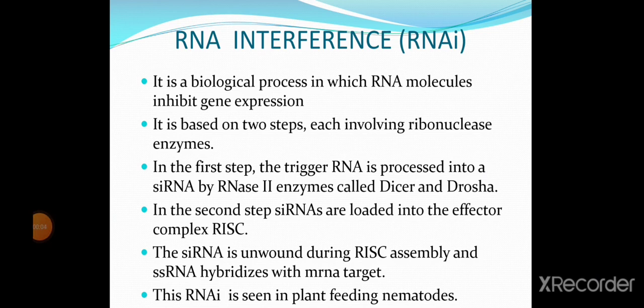RNA interference. All characters of organisms are the result of expression of different genes, which are regions of nuclear DNA. This expression involves transcription and translation. What is transcription? Transcription is the copying of genetic information from one strand of DNA by RNA. And translation. What is translation? The process whereby a strand of mRNA directs assembly of amino acids into proteins within the ribosome. This process is known as translation.